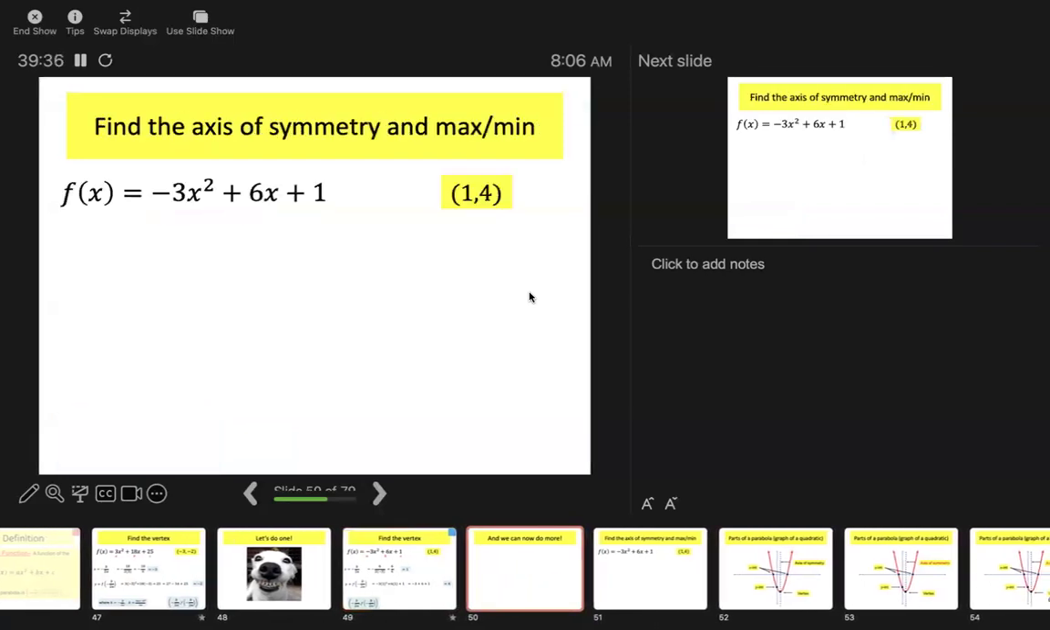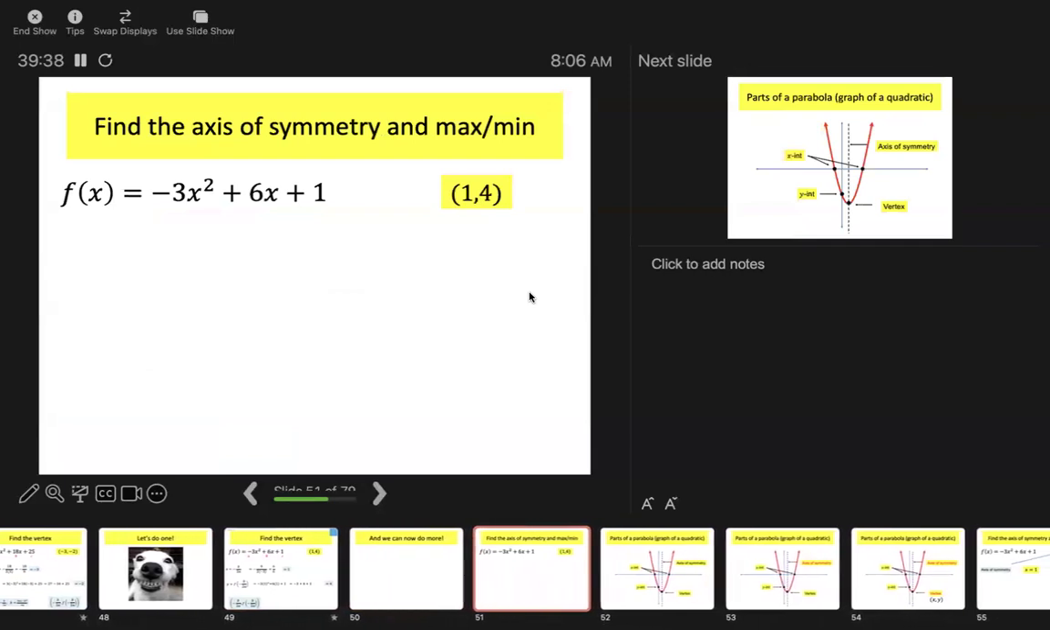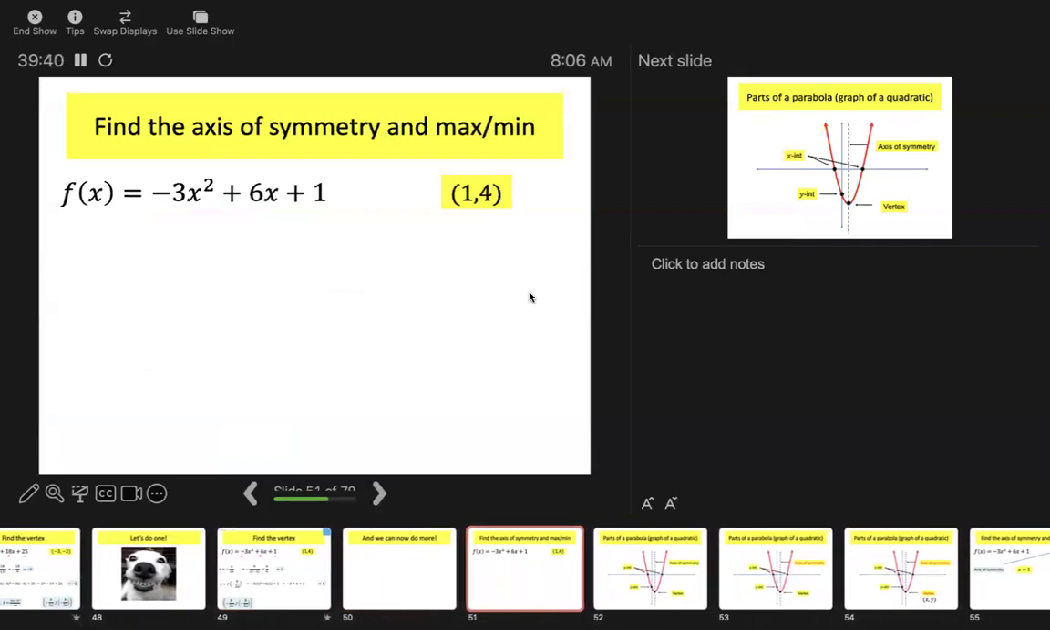Okay. So remember, using our previous knowledge about mins and max, what has a min, what has a max? Concave down has a max, concave up has a min. So is this a min or a max? First off, is this concave down or concave up? How do you know it's concave down? Negative, because of the -3, therefore it has a